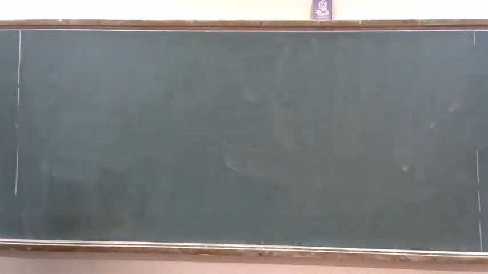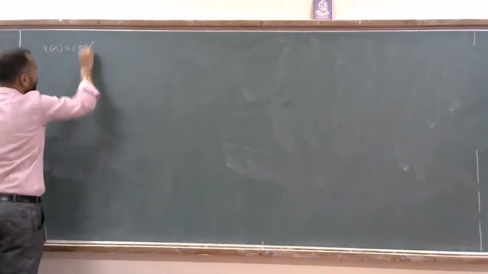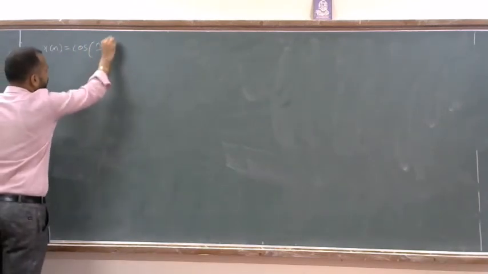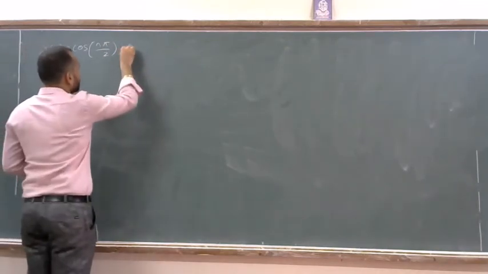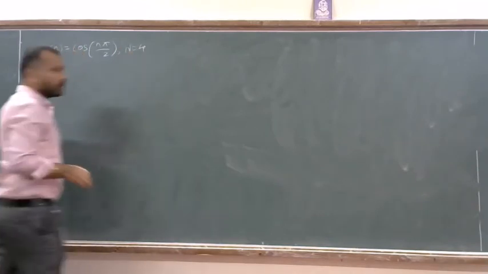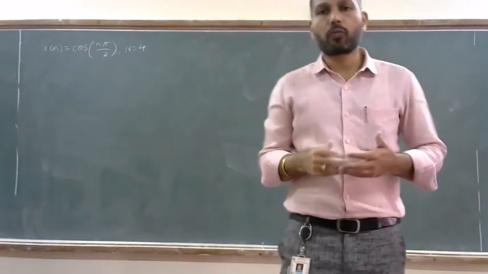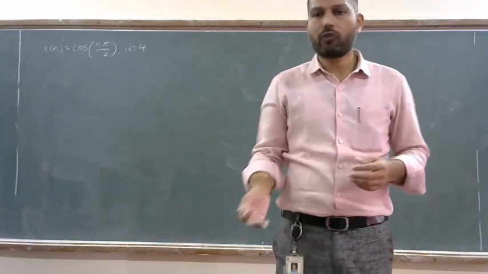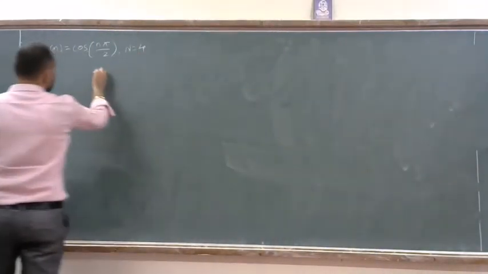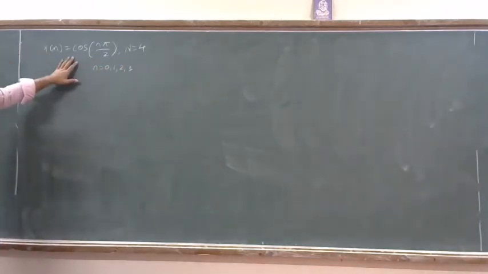Now let's take one more problem. Compute the DFT of the sequence defined by x of n equals cos n pi divided by 2, for capital N equals 4. Capital N equals 4 means from this equation we need to obtain a 4-point discrete time sequence, and for that sequence we need to calculate the 4-point DFT. So substituting small n equals 0, 1, 2, 3, one value at a time in this expression will give us